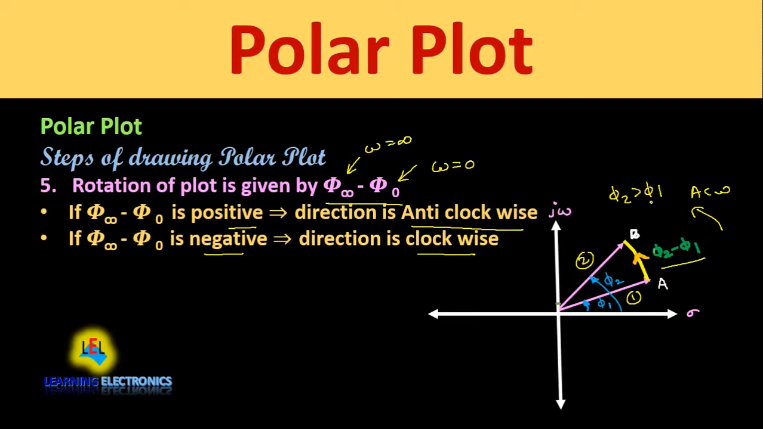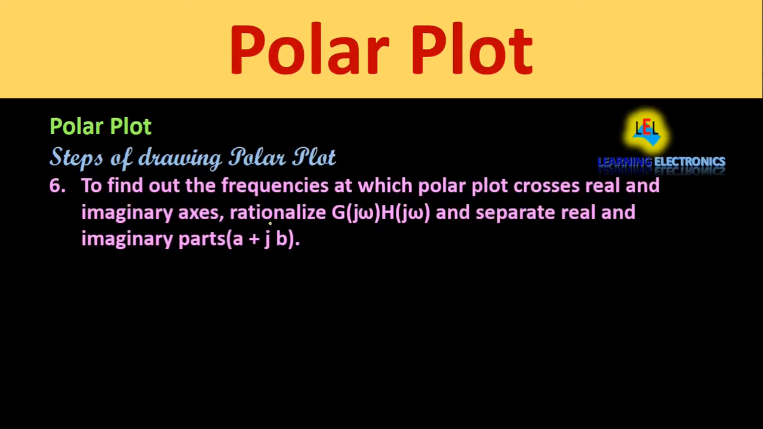And since this phi 2 is greater than phi 1, as we can see in the diagram, this phi 2 minus phi 1 angle will be a positive value. That's why we have taken that if phi infinity minus phi 0 is a positive value, then the direction of the polar plot will be anti-clockwise. And if phi infinity minus phi 0 is a negative value, then the direction of the polar plot will be clockwise. Next step is to find out the frequencies at which the polar plot crosses the real and imaginary